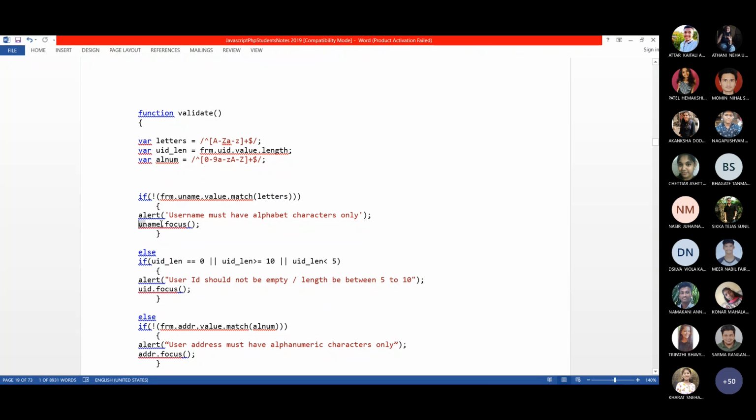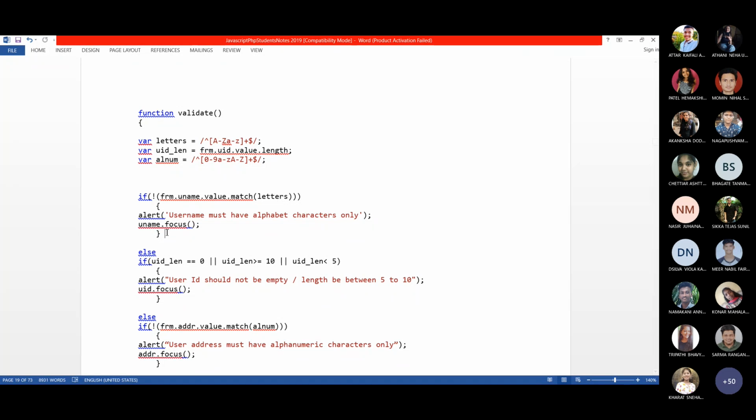This will focus the control; the cursor pointer will automatically come inside the text box, because this is an error message. After seeing this error message, the end user should enter the correct data inside the username text box. So to enter the correct valid username, automatically the cursor pointer should come to the uname text box, the text box which has the name uname.